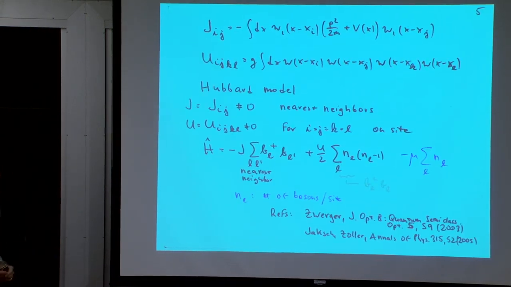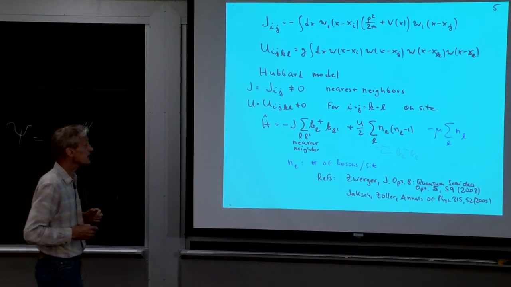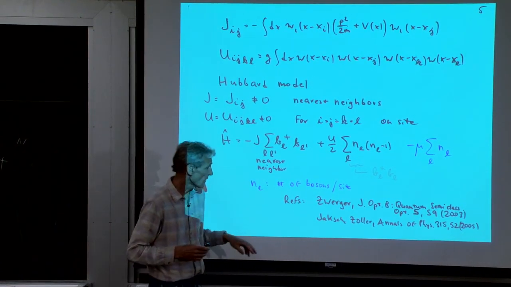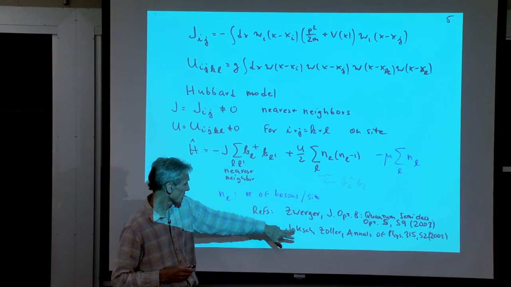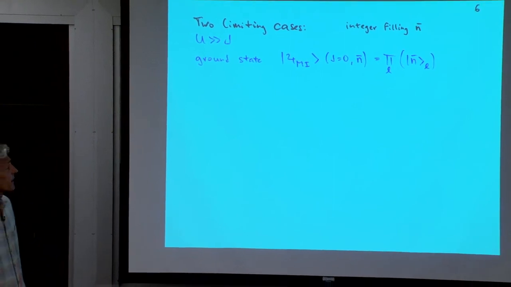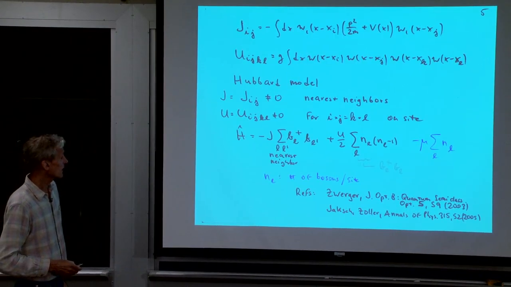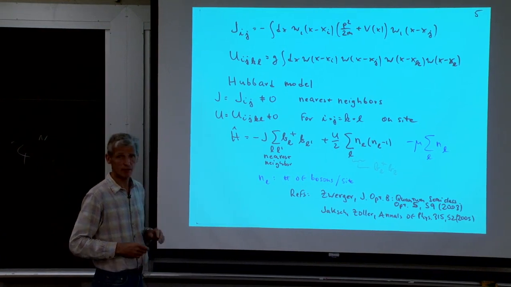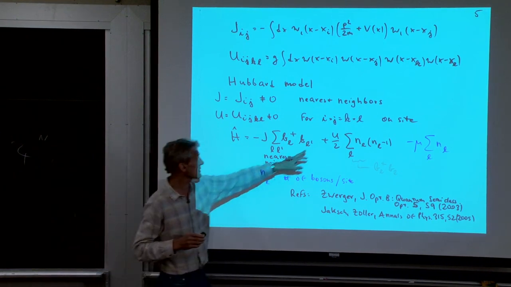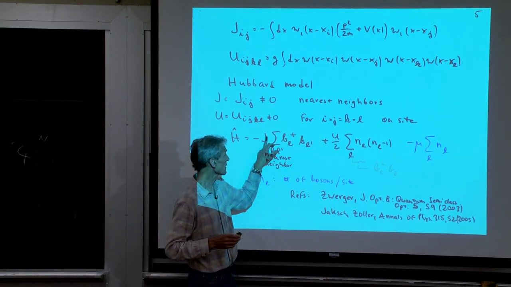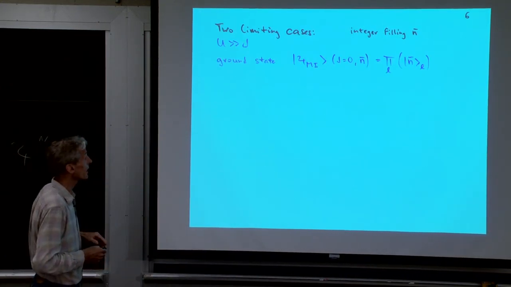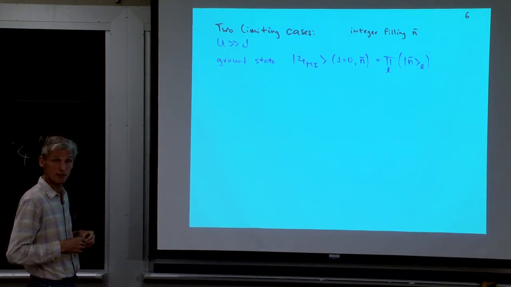Okay, I think within the next 20 minutes, I can step you through the superfluid to Mott insulator transition. First, references for what I've just said are given here. But let me now take this Bose-Hubbard model and discuss its two limiting cases. One case is where U is much larger than J. The other case is where J is much larger than U. These are the two limiting cases, and it will turn out that one is an insulator and one is a superfluid.